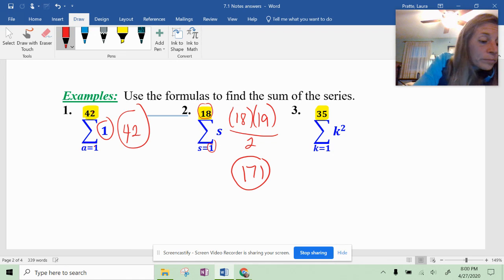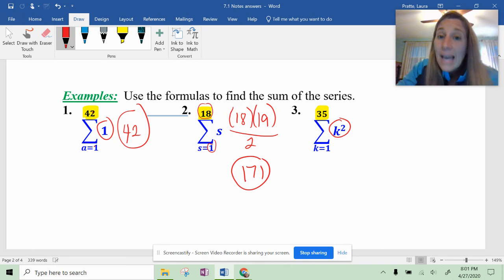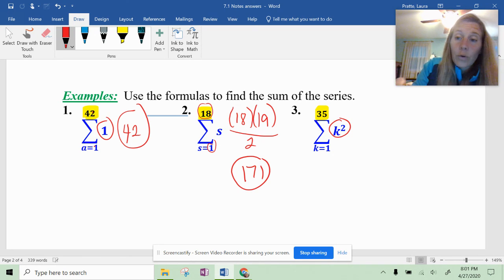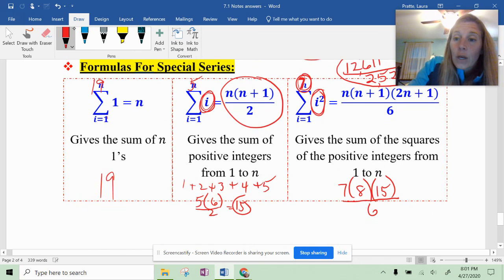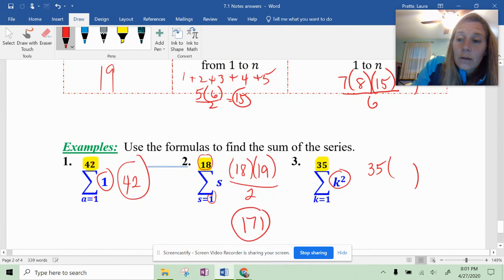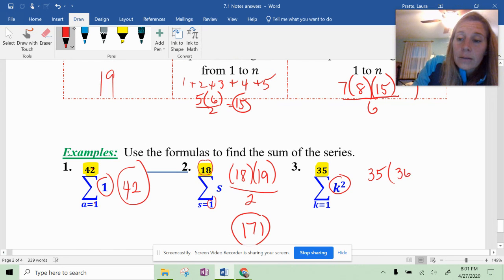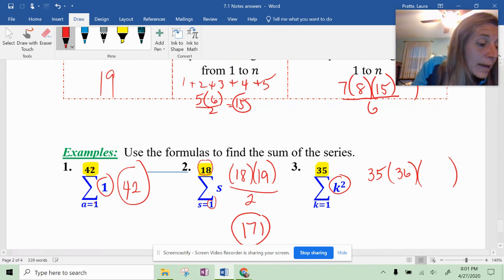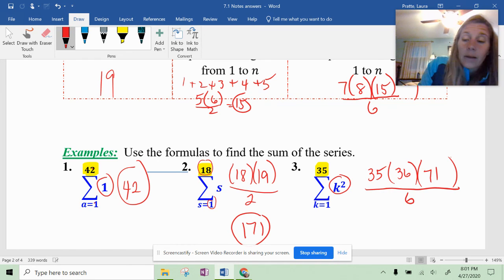Then the last one, this time our formula is just a variable squared, and we're going all the way up to 35. That's a lot of numbers to try to figure out and then add together, so we're definitely going to want to use this little formula up here. You're going to take your n, which is 35. Then you multiply that by n plus 1, which would be 36. Then you multiply that by 2 times n, so 2 times 35, which is 70, plus 1. And that's going to get divided by 6. That's a lot easier to do in your calculator than adding up 35 numbers after you've squared them. And your answer should be